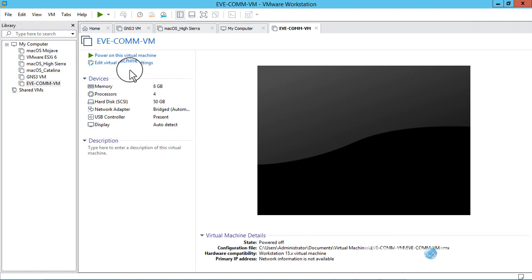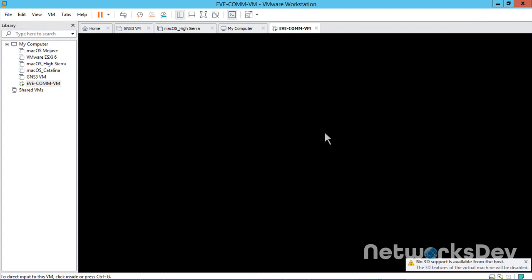Now just click on power on this virtual machine. Our virtual machine is launched successfully.